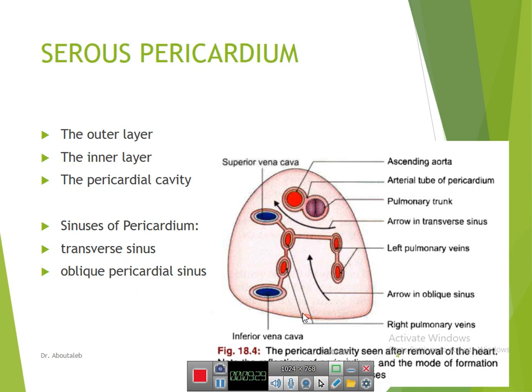Look at the pericardial cavity that is shown by the arrow, in the transverse and in the oblique manner. Look, we have a superior vena cava and inferior vena cava on the right side, and 4 pulmonary veins, 2 on the right and 2 on the left side, and pulmonary trunk and ascending aorta. Serous pericardium is thin